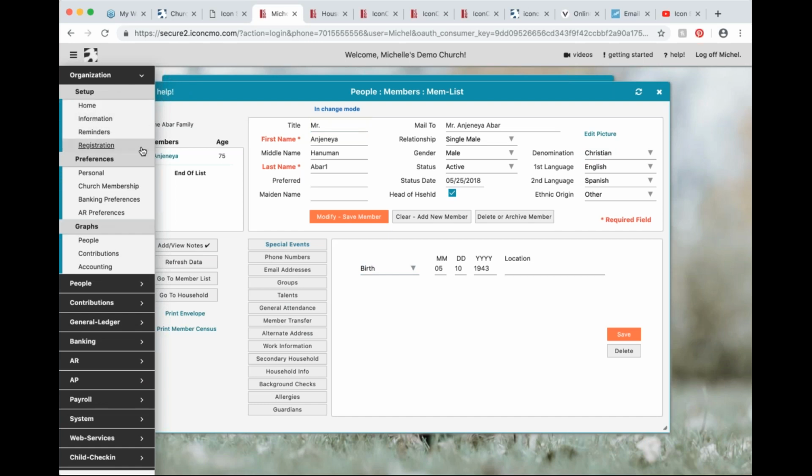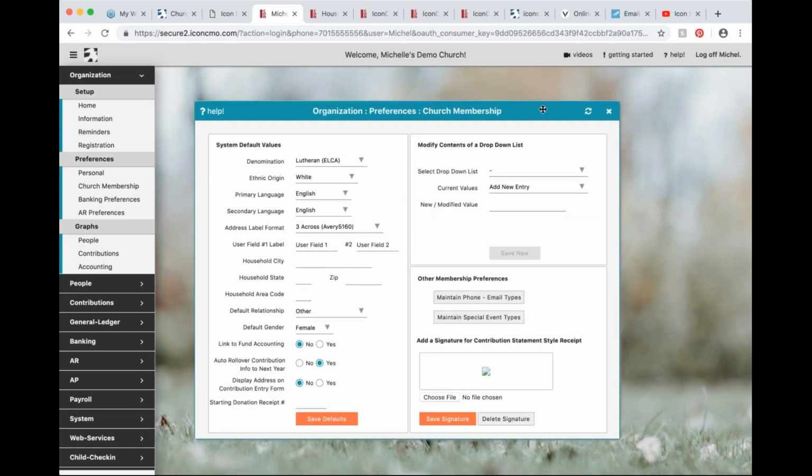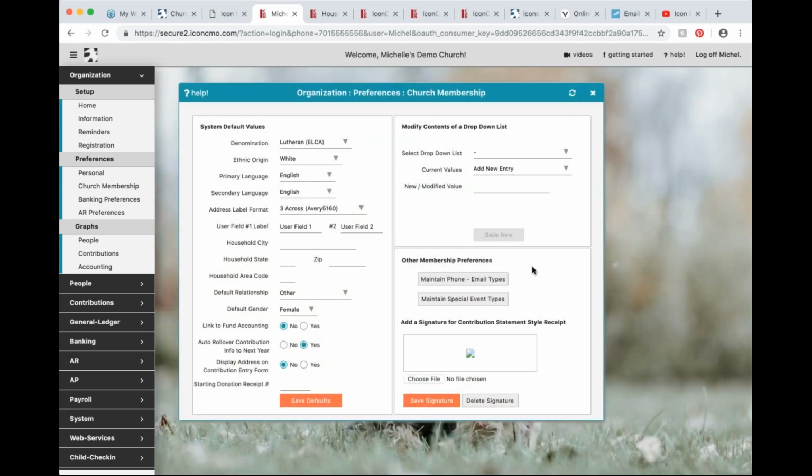If we go to our organization and then under preferences, church membership, you can, again, we throw a handful of defaults in there so that you can jump in the system and get started right away, but you can customize those. So up at the top, modify contents of a drop-down list. It gets kind of meta here because this is a drop-down list of drop-down lists in the system, right? So if I choose status code, I can add a new entry. If there was a status code that I wanted that wasn't in the list, I could go ahead and add it in there